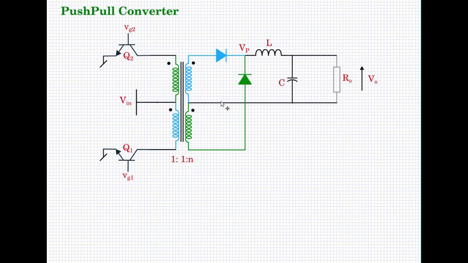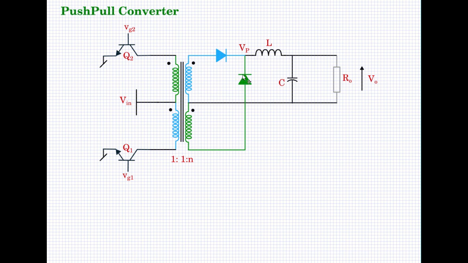So in this way you see that whether Q1 is on or Q2 is on, there is energy pumped into the inductor, the magnetizing circuit. So the inductor energy increases, and then during the time when both Q2 and Q1 are off, the inductor is freewheeling both through the green path and the blue path. So this is how the